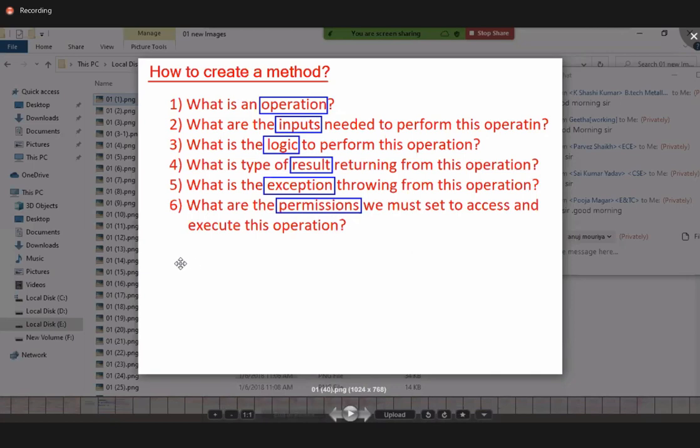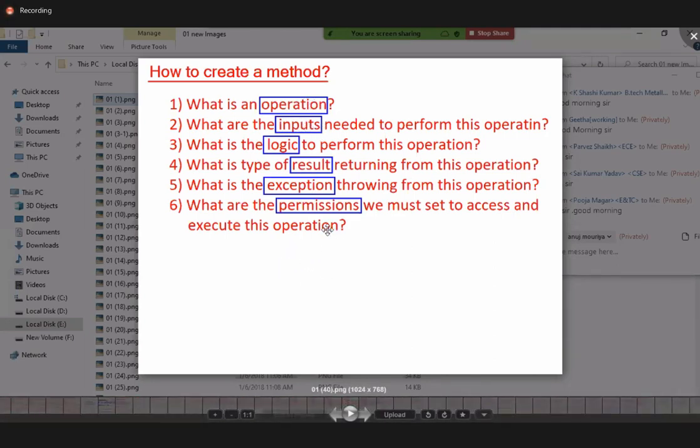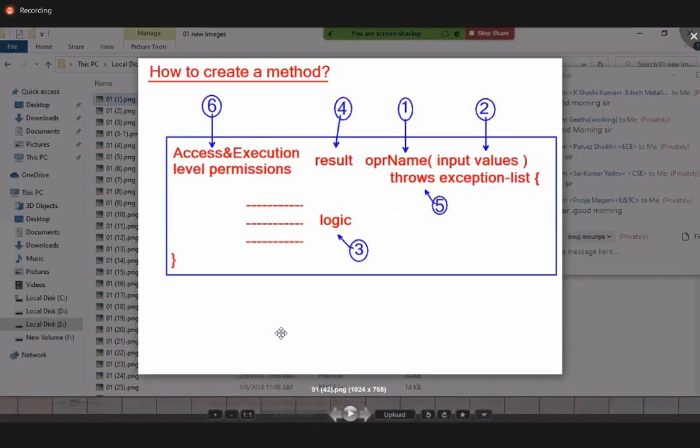Permissions are set in Java by using the concept of modifiers. There are 2 modifiers: one is for accessing, another is for execution. So accessibility modifier, execution level modifier. Then followed by result. Okay, what value you want to return, that is the return type. And then followed by the name of the method, which operation you want to perform. Parenthesis, inputs to take in the method. Inputs are nothing but what we call parameters. And then followed by throws, exception list, open bracket, closed bracket, logic. Okay, so now access and execution level permissions, then result, operation name, input values, throws, exception list, and sequence